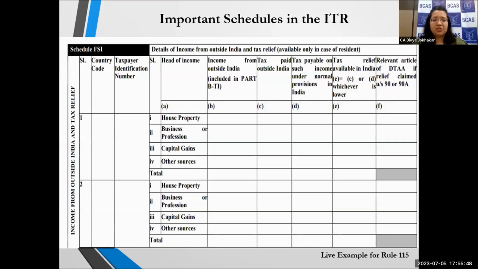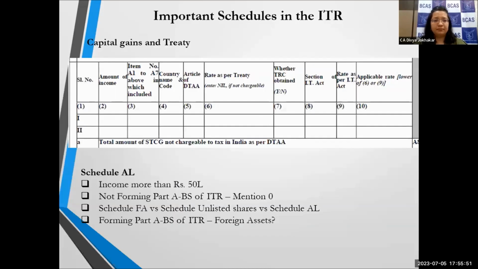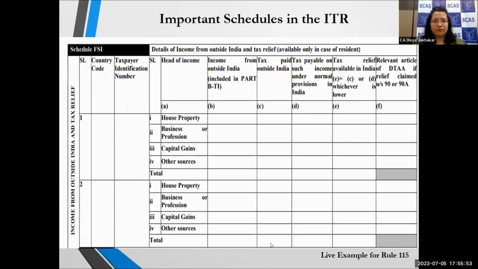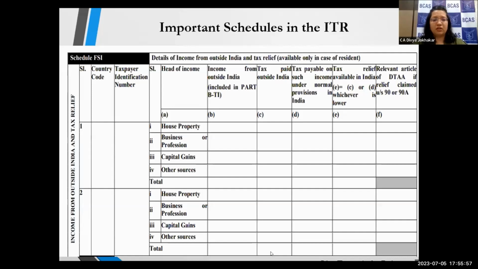Now Schedule FSI, for which I would like to show an example. I have taken an example of a dividend that a client had received twice in the year. Here, the dates are of last year. However, the law remains the same. Rule 115 of the IT Rules will have to be applied. Let us say I have received X company's X Inc.'s dividend on the 3rd of May 2022. The rule says that I will have to translate